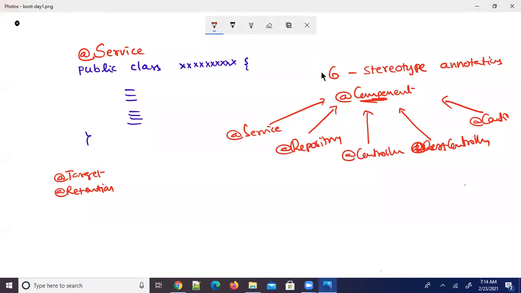If you are using @Service at the class level, you are already using component also, so there is no need to write @Component and @Service, only @Service. It's a service component. A component is nothing but a class which contains logic. In Spring, it is called a bean component.